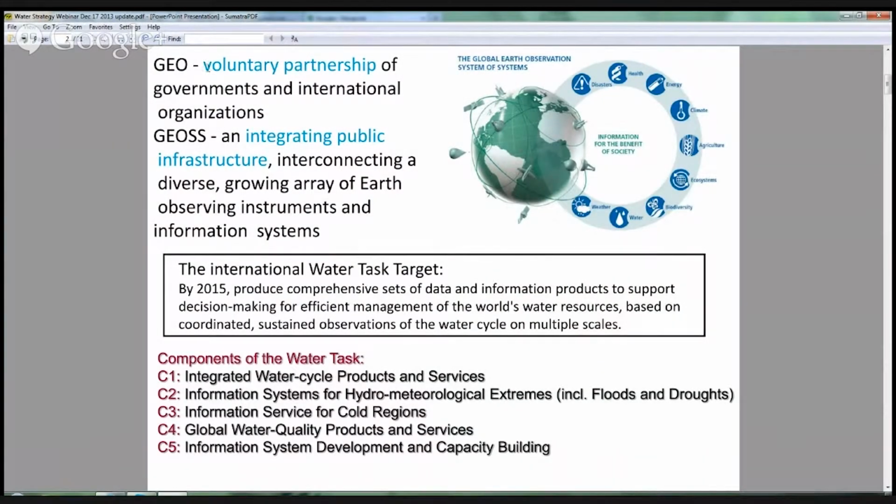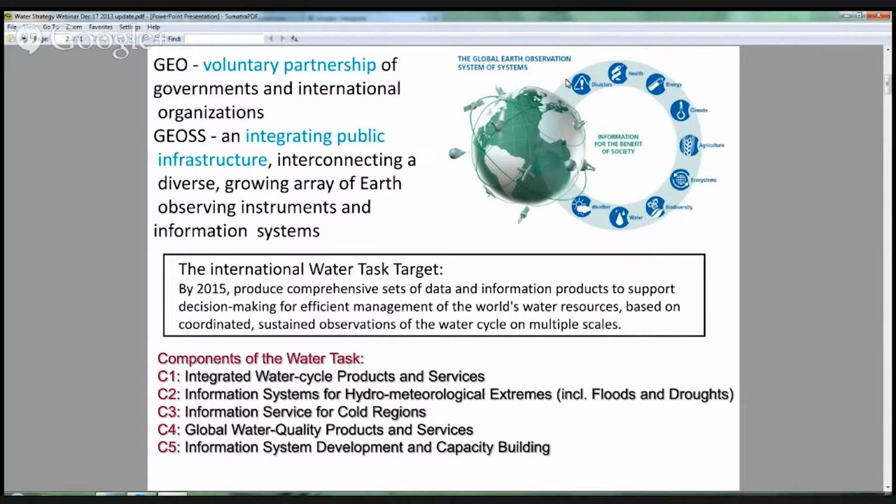GEO, the Group on Earth Observations, is a voluntary partnership of governments and international organizations that's building an interoperable framework for all of these observations, known as the Global Earth Observing System of Systems. It has 9 different societal benefit areas that it's addressing, including water, where the target for those activities is to produce a comprehensive set of data and information products to support decision-making for efficient management of the world's water resources